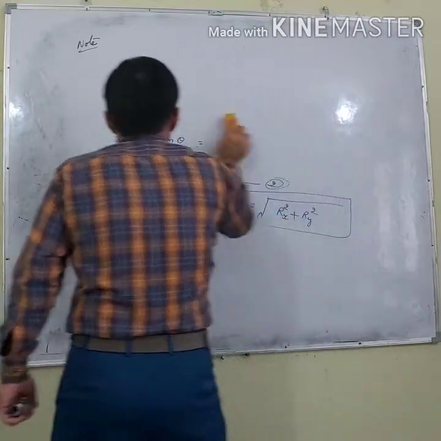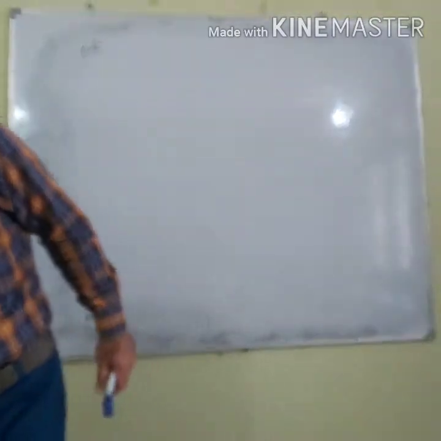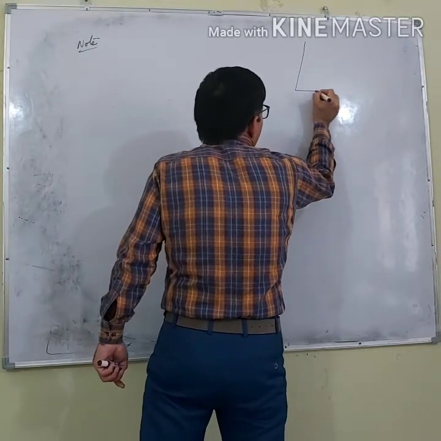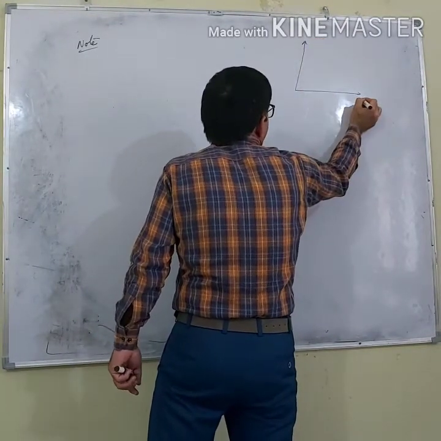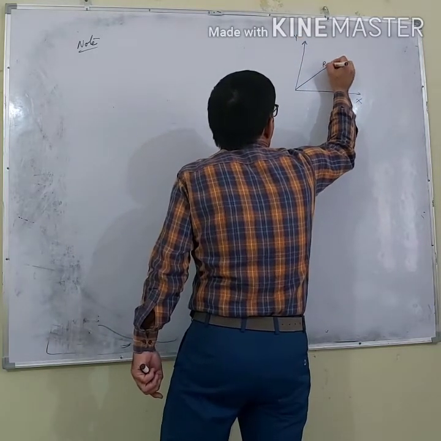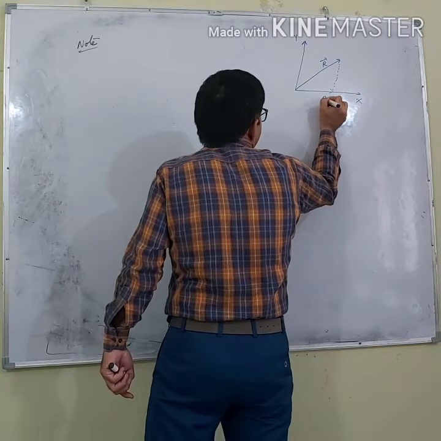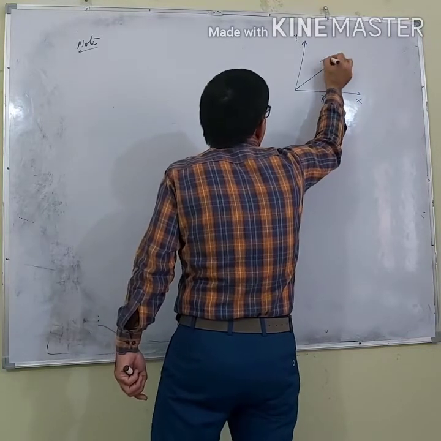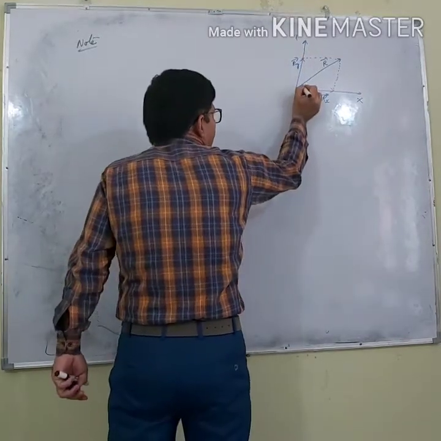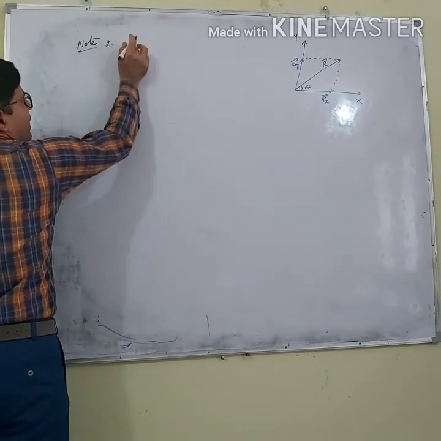Now, second point. In the second point, let us say again x-axis, y-axis. This is vector R. Its component along x-axis is Rx and its component along y-axis is Ry, and this angle is theta. So what can I say? Second point is that